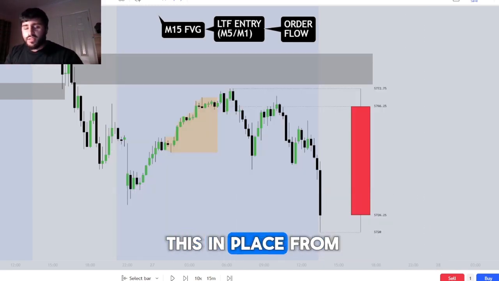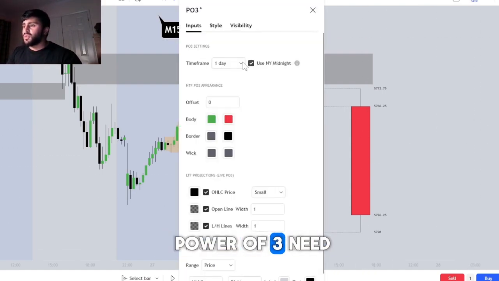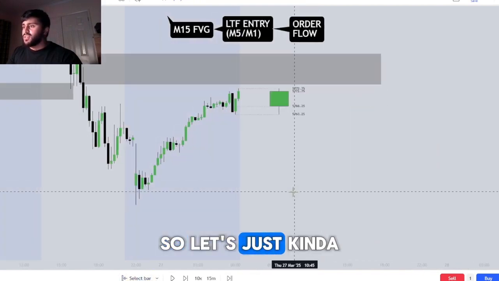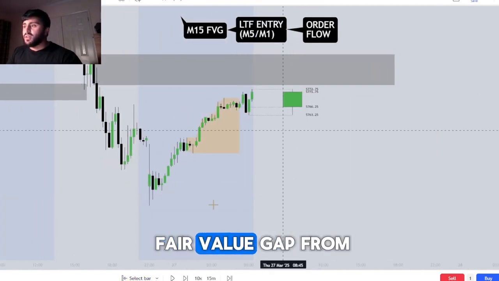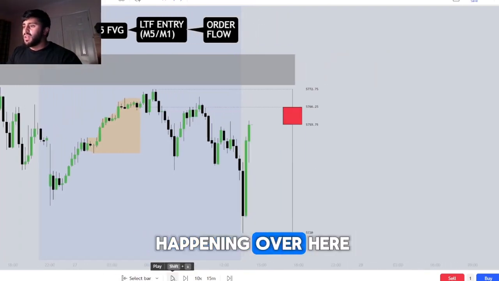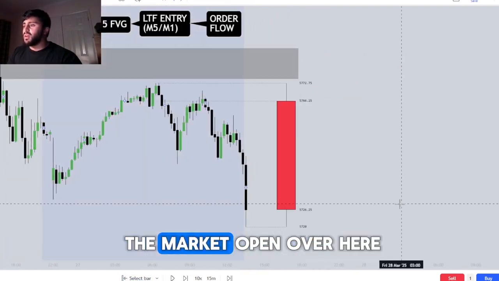So once you have this in place, from here it becomes very, very simple. So your settings for the Power of 3 need to initially be the daily time frame, right? This is the daily time frame. So let's just kind of see what's happened. So we have this fair value gap from the previous day over here. So now when we play price on, what's happening over here? When we come into the market open over here,